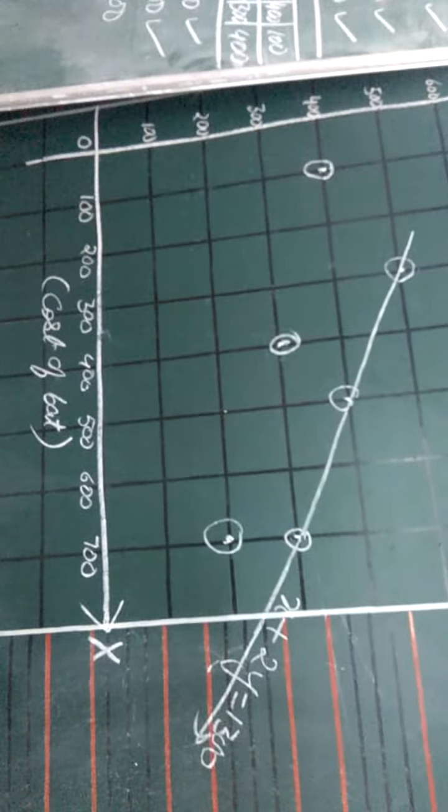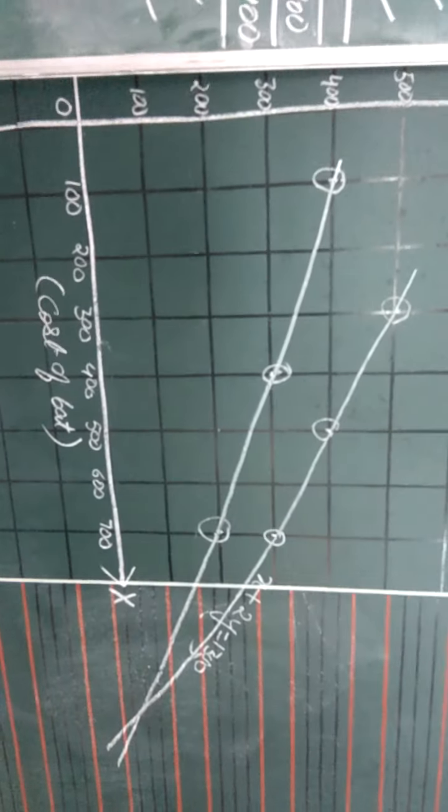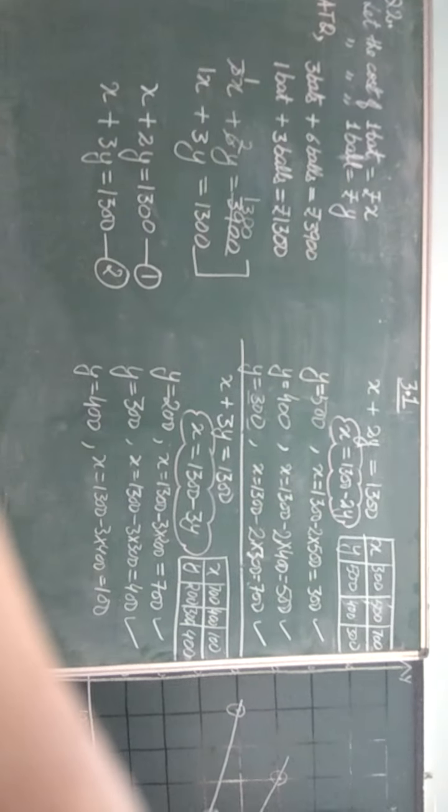So in this way we'll get 3 points. Let us join them again using the scale, as it is a line equation. So dear students, in this way you'll get two intersecting lines. Use a scale to join these points. I hope this graphical representation is clear to all of you. So do this question yourself. Try it yourself first of all, okay? And then to represent them graphically, use graph paper.